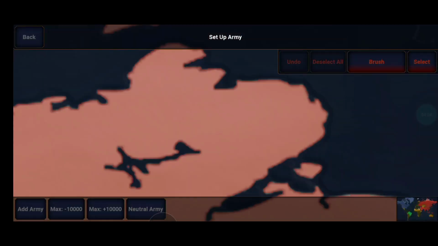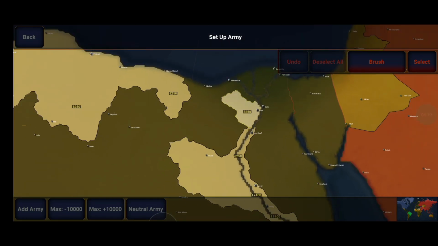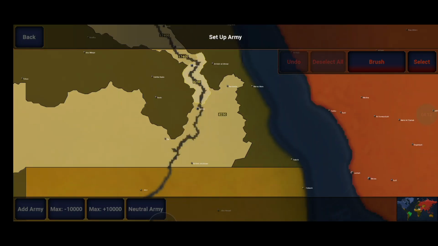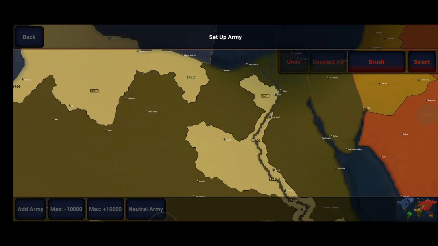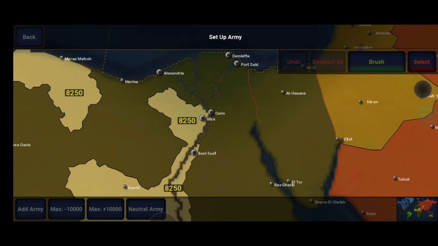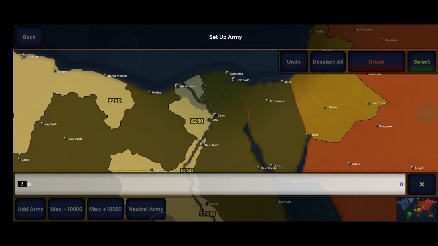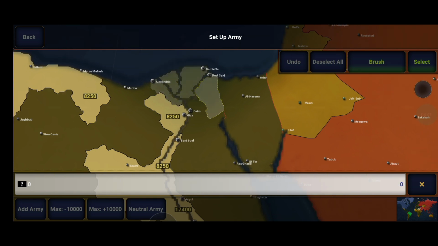Setup army is a basic thing. So here I set the army troops for the rebel forces of Egypt. 8.2k, 8.25 thousand. And here's how you do it. So you select a brush to select multiple provinces at a time. And here's what happens when you try to select 2 provinces without a brush. See? It just selects 1. So for multiple selection, I recommend using the brush because it's better,